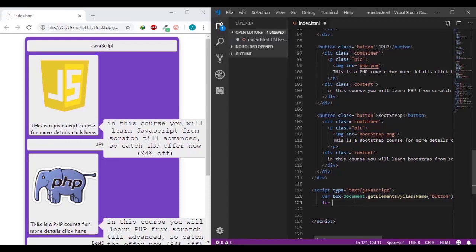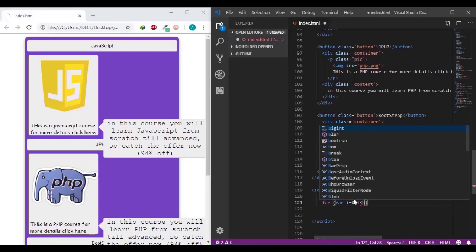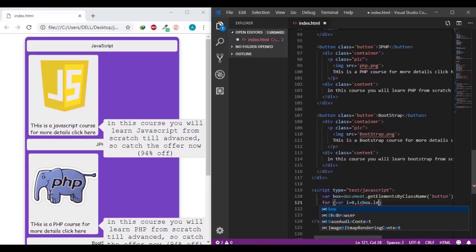So for variable i equal to 0 and i less than box dot length, so less than the number of buttons, and then i plus plus, and inside this loop box[i], so any button of them,